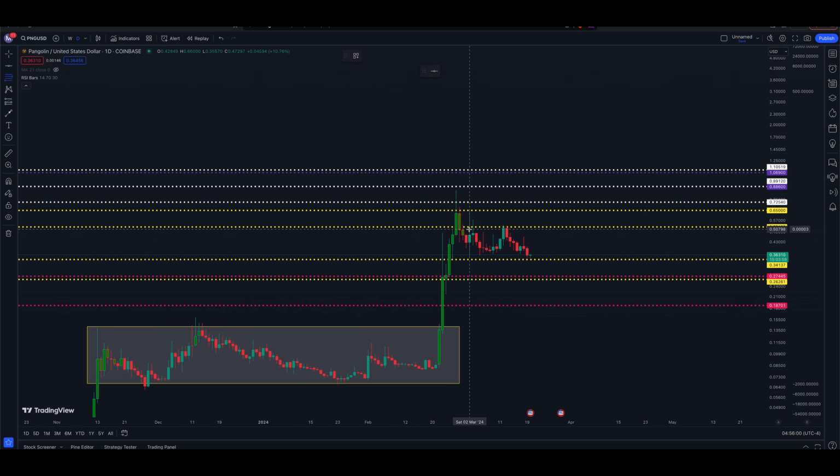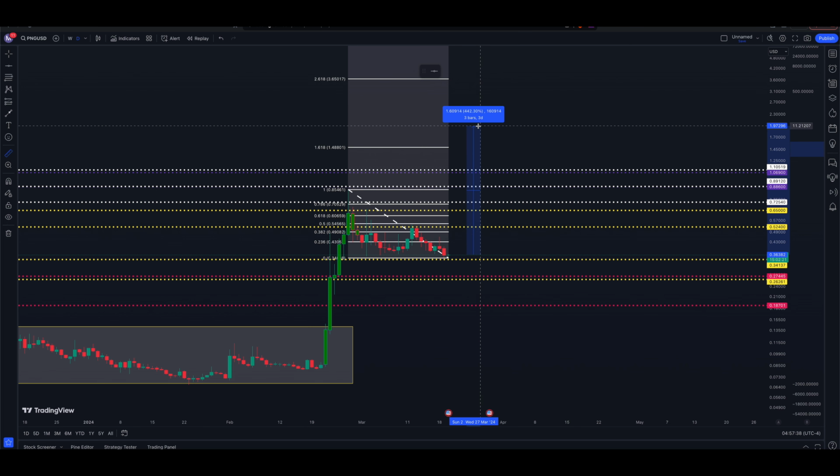Everything else below that. So let's take a look from where we're currently trading at, which is 36,304 on this Coinbase chart. The 1618 is a 310% move, basically up to $1.48. Very nice move there. From where we're trading at today up to the 2618, which is roughly $3.65 PNG, that's a 900% move. So if we repeat what we did in the past with the breakout going up 900+%,